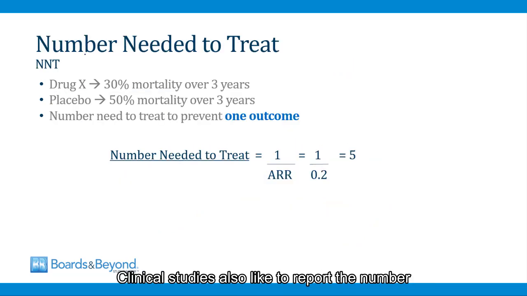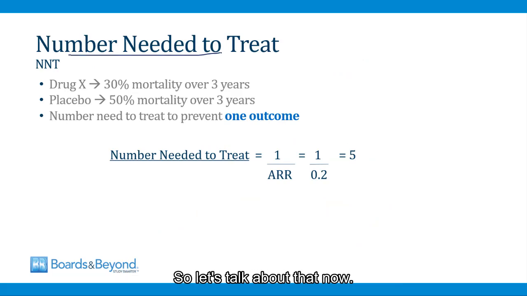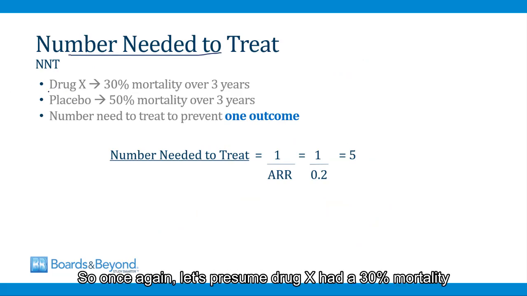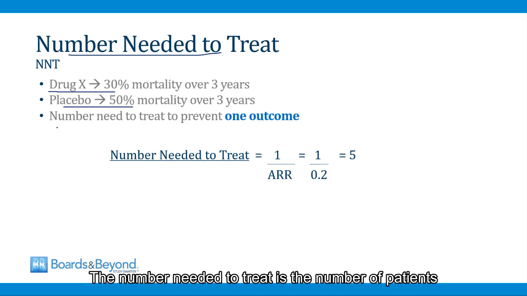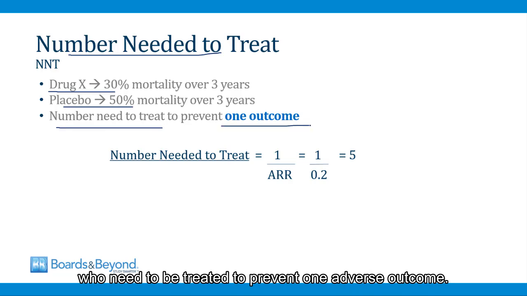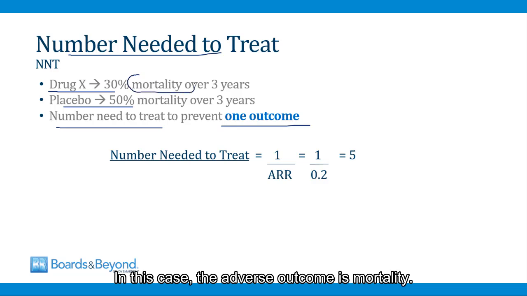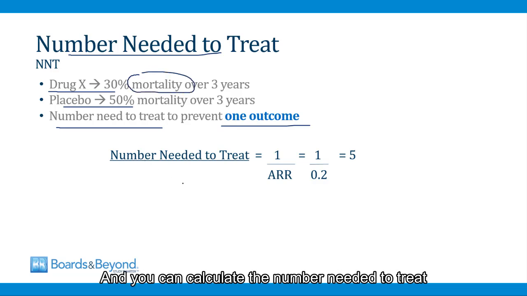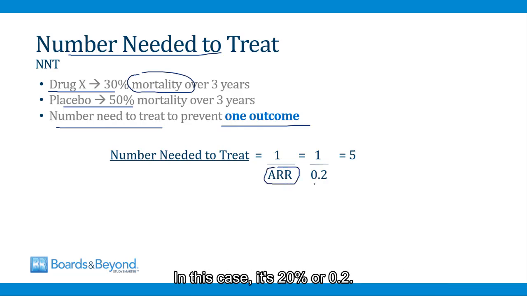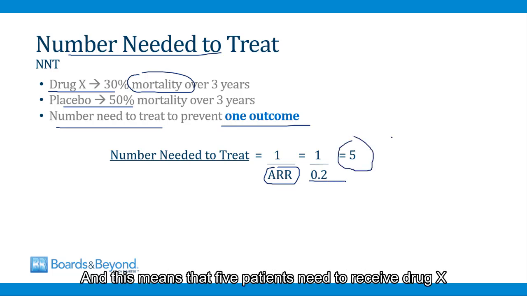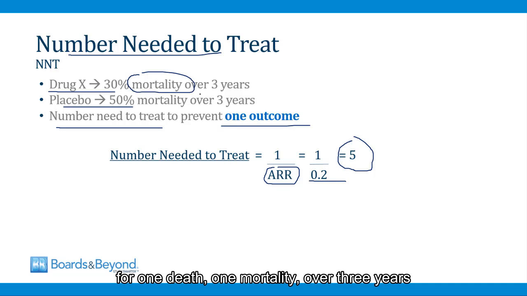Clinical studies also like to report the number needed to treat, so let's talk about that now. Once again, let's presume drug X had a 30% mortality and the placebo group had a 50% mortality. The number needed to treat is the number of patients who need to be treated to prevent one adverse outcome. In this case, the adverse outcome is mortality. You can calculate the number needed to treat by taking 1 divided by the absolute risk reduction. In this case, it's 20% or 0.2, so the number needed to treat is 5. And this means that 5 patients need to receive drug X for 1 death, 1 mortality over 3 years to